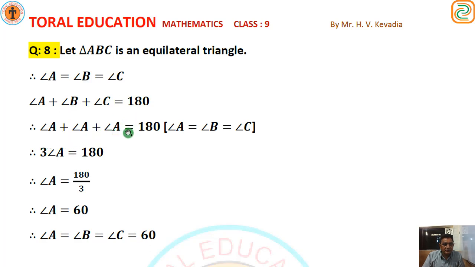So A plus A plus A equals 180. Therefore, 3 times angle A equals 180. Therefore, A equals 180 upon 3. Therefore, A equals 60. Angle A equals angle B equals angle C. Therefore, it is 60. So all the angles are 60. Each angle is 60. Friends,